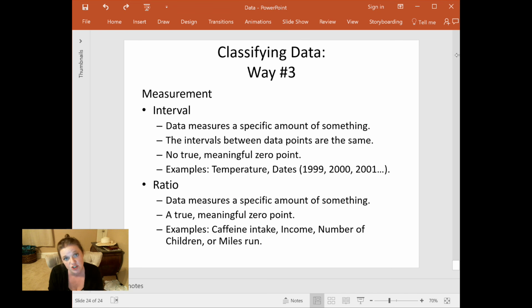And most psychological variables are interval because we want to measure a specific amount of aggression. We want to measure a specific amount of depression. We want to measure a specific amount of stuff in people's psychological realities. But if we happen to have a 0 point on our scales, it usually doesn't mean no aggression or no depression or no anxiety or no whatever. It's just sort of an arbitrary 0 point on the scale to mark where it is on the number line.